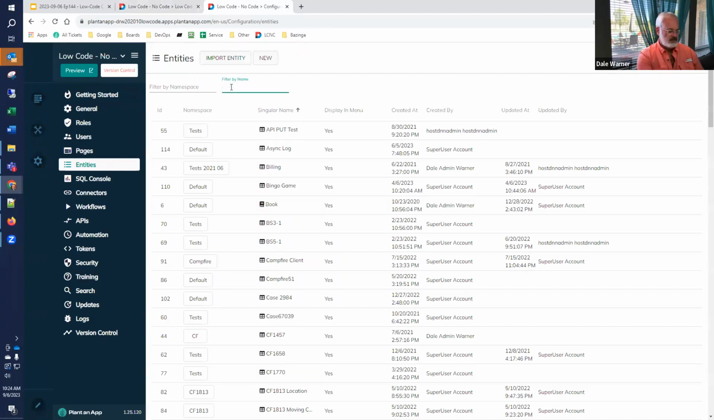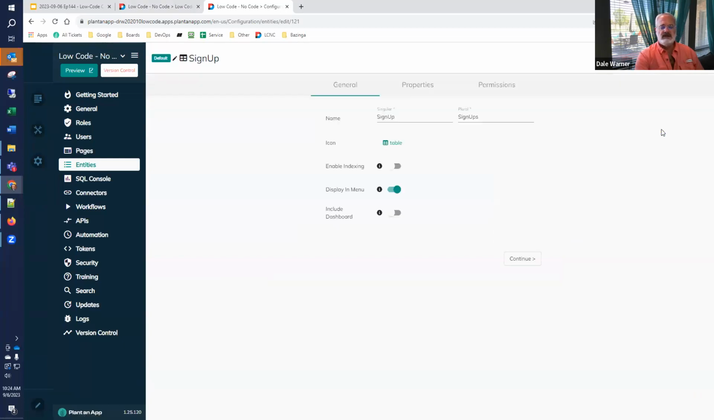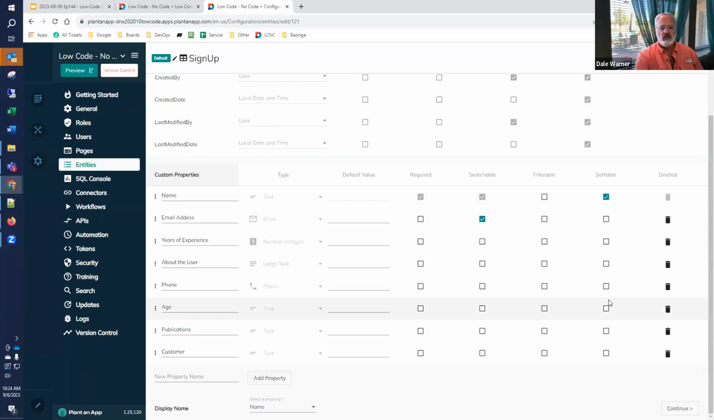The entity for this is sign up, and so I'm going to use the search to get right to it, and I'm going to edit it to take a look at it. So as we pointed out before, it has these 3 sections: general, properties, and permissions. We're going to take a look at the properties because we are going to want to have an approval status as part of this, and it's not part of it yet. So we'll add a new property,